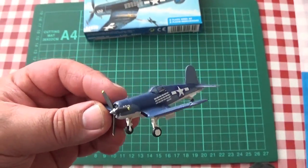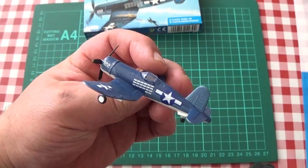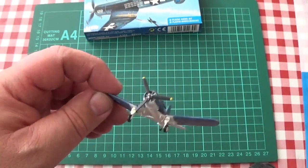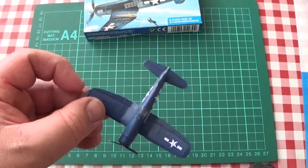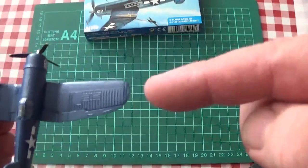This one I made about a year ago, straight out of the box. All in all, I didn't have much problems with this build. It actually went quite good. But if you have one of these, if I can give you one little tip, try